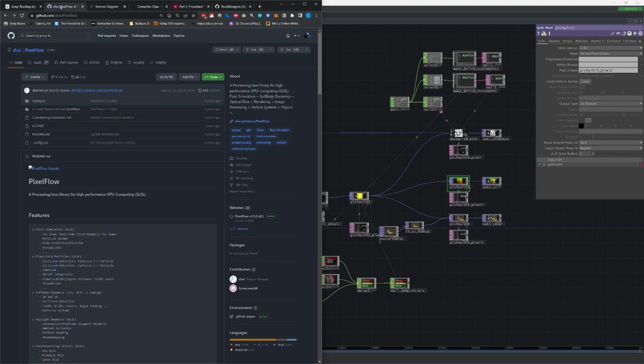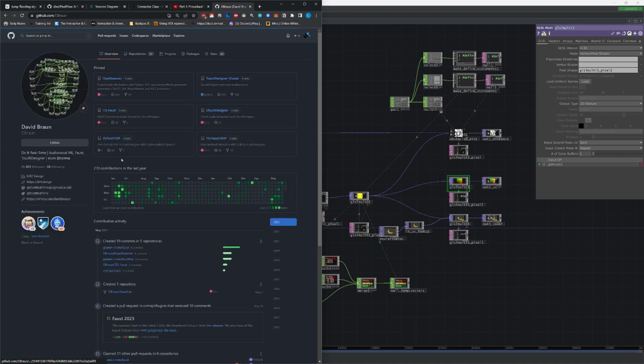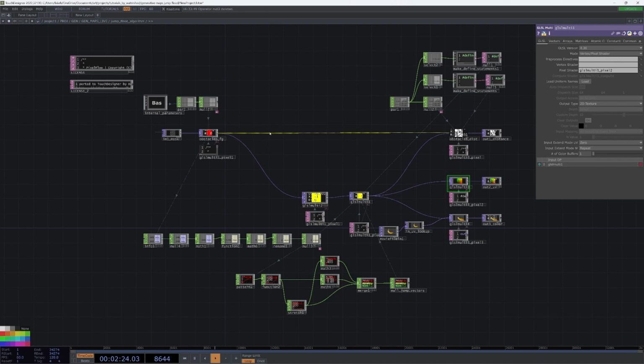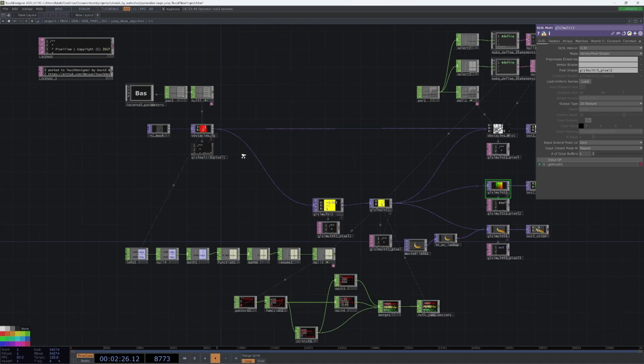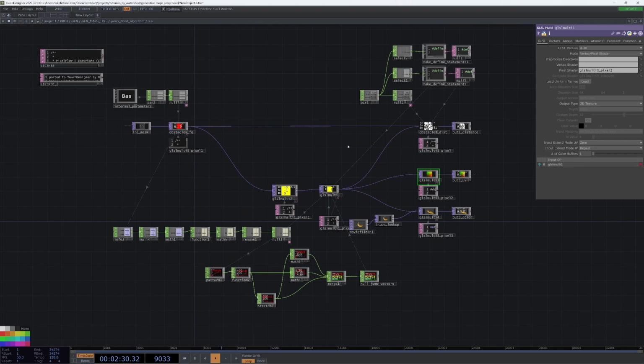But really, just go through this entire TouchDesigner shared repository, and anything that strikes your fancy, just dig into it and see what you can find. I've learned a decent portion of what I know from that TouchDesigner repository. So, anyway,